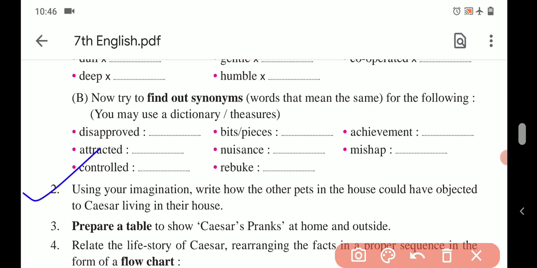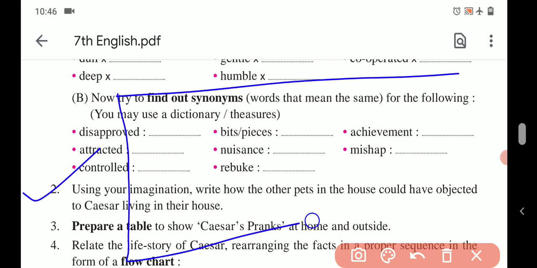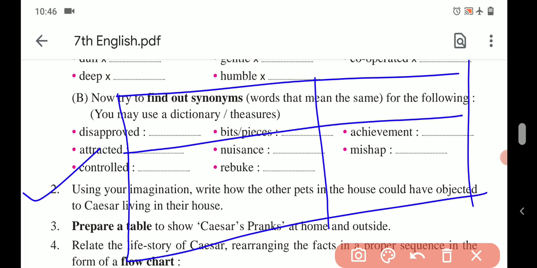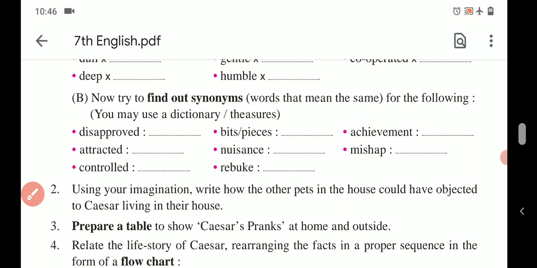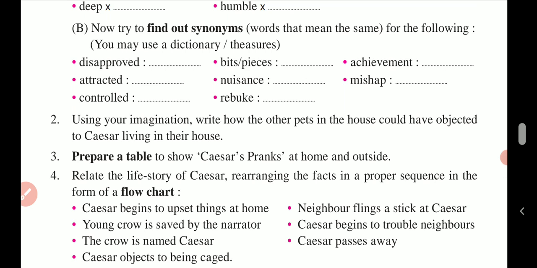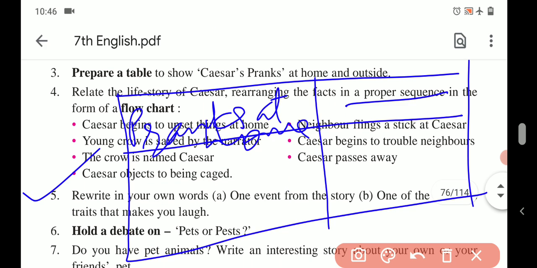Next, prepare a table to show Caesar's pranks at home and outside. So here you can print the table like this. First, we can name it pranks at home, and next pranks outside. And what prank he did, how he troubled people, that you have to write in columns, both the columns separately. Next, fourth activity,